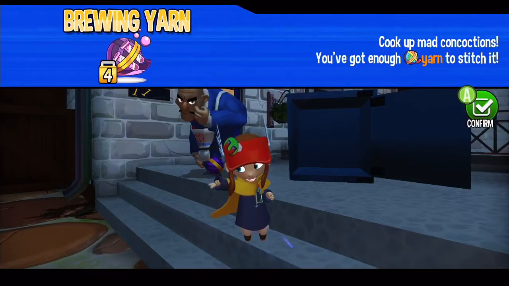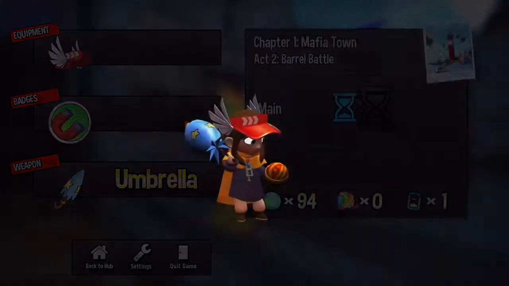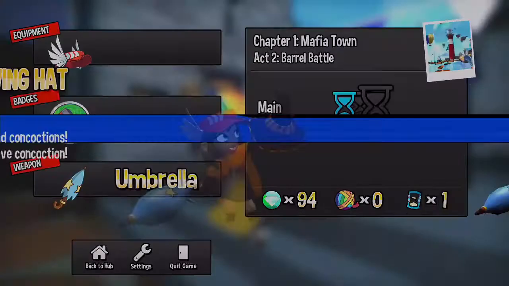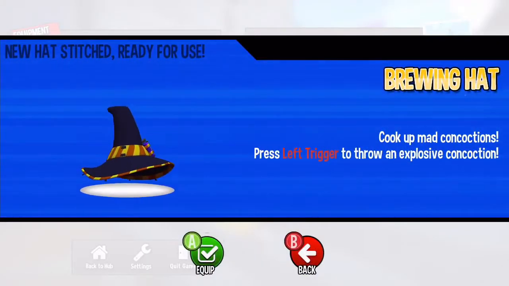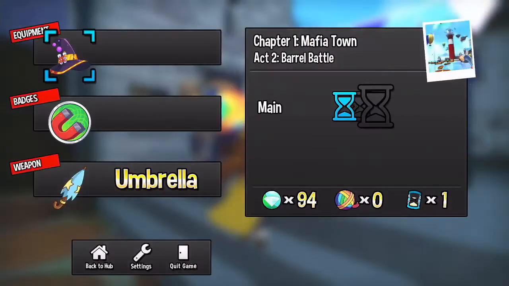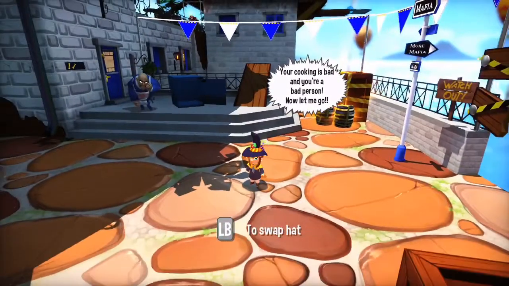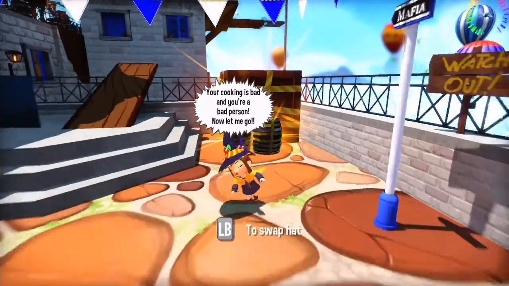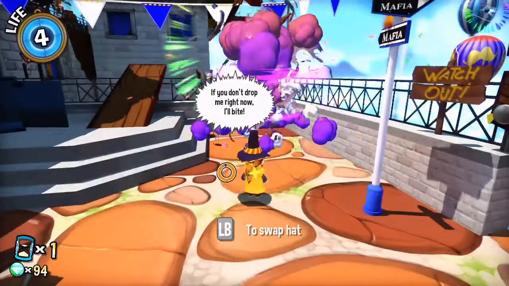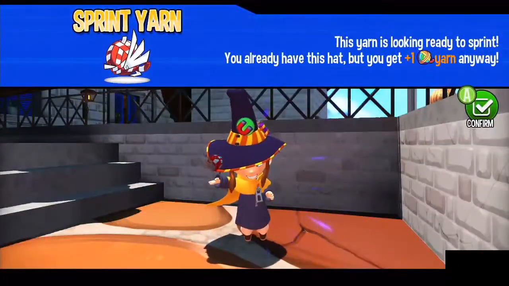And we got brew yarn. And we got enough, 1, 2, presto! to make a brewing hat. A witch's hat! Unfortunately, it does not give us the power to shoot laser beams, but it does give us the power to create concoctions of explosive